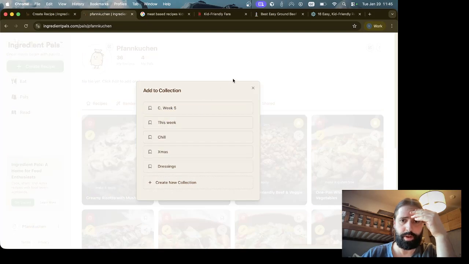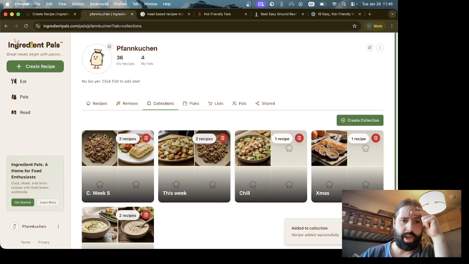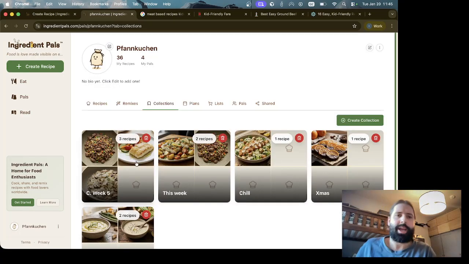I'm going to bookmark it, calendar 5 week, and that's it. Off you go. I have the recipes in the collection. What's more, I have it right away synchronized on my phone, which is actually awesome because then you're in the kitchen. I can go to my profile. You can just easily pop up the phone and take a look at what the plan is for